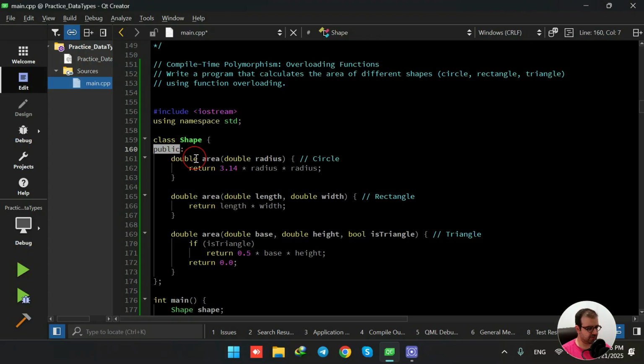In the public part, we have three functions. And the function names are the same. All of them are area, but there is a difference between them. So the first area function is going to return a double, and it is accepting only one double value as argument. It is going to calculate the circle area for us. It is going to compute the area of a circle with this formula and return the output for us whenever